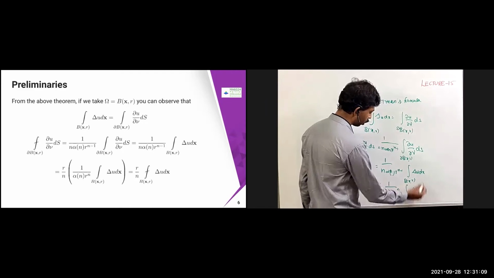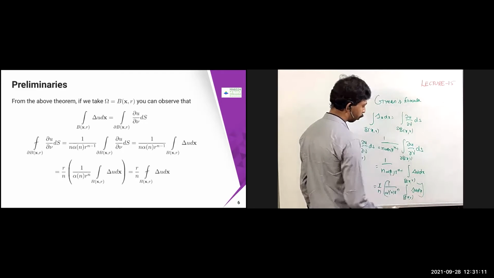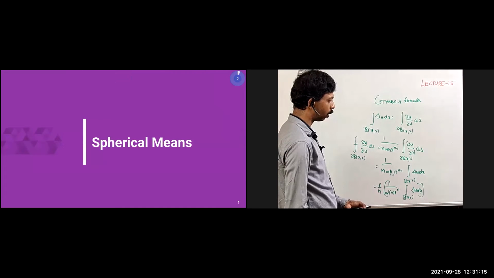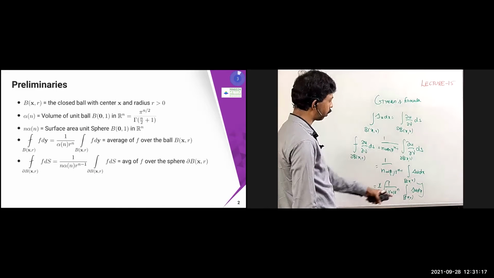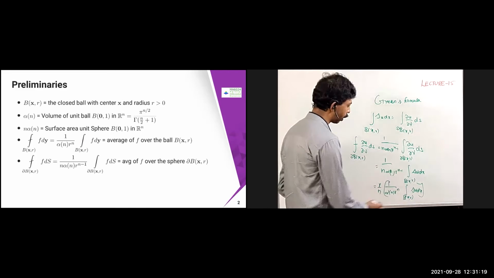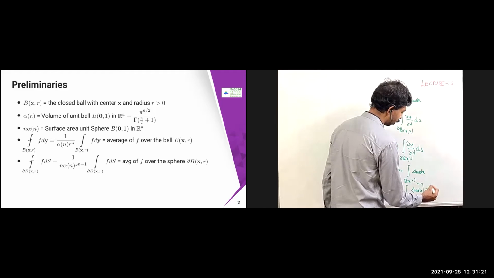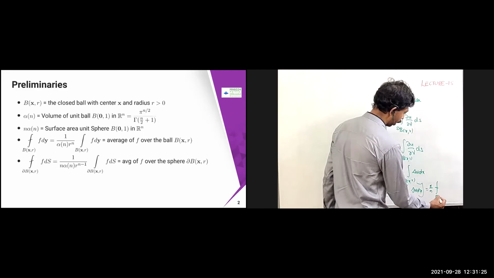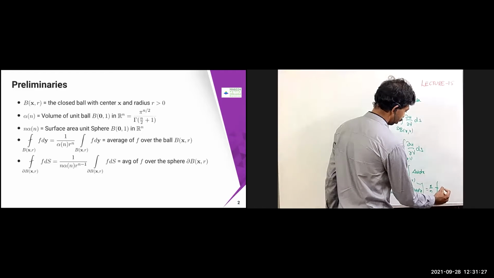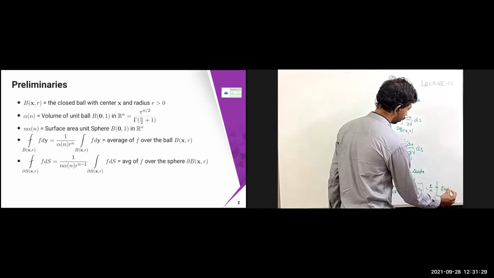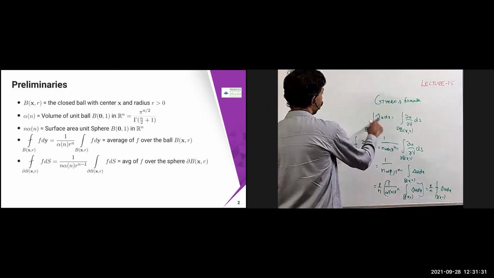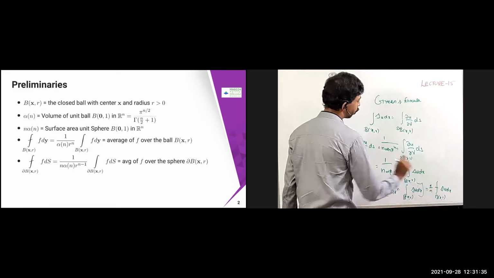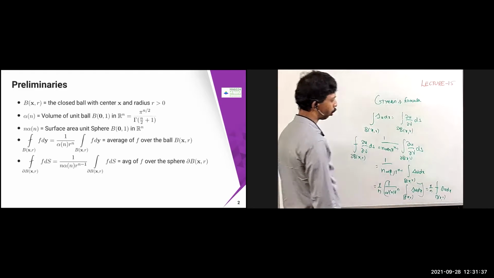But what is this one? This part is nothing but, you can see from the previous one, the average of this one. Average of whatever is inside. So this I can write as r by n into bar b of x comma r del u dx. Just remember that without bar both are equal. With the bar you will get one extra term which is going to be r by n.